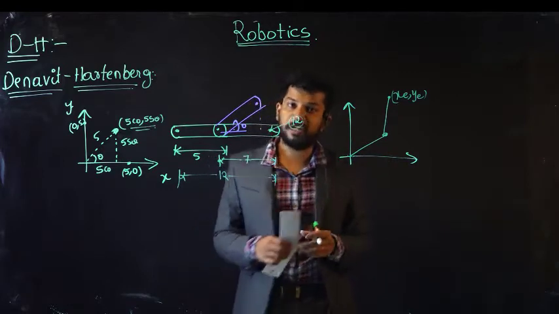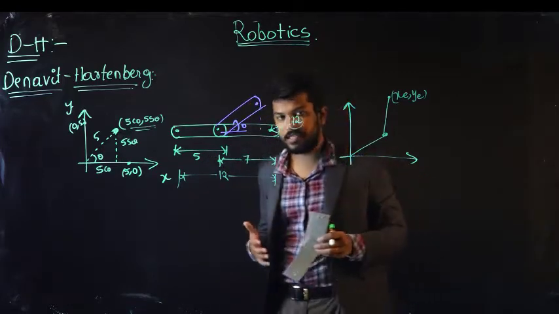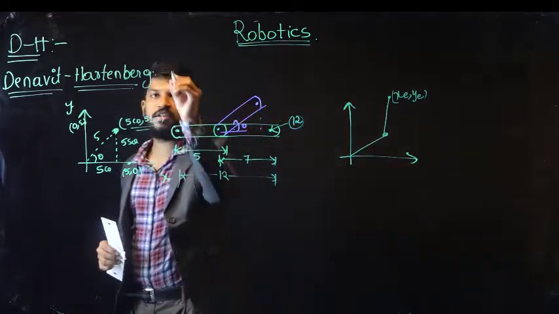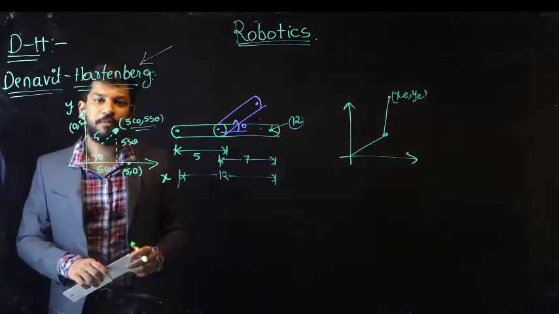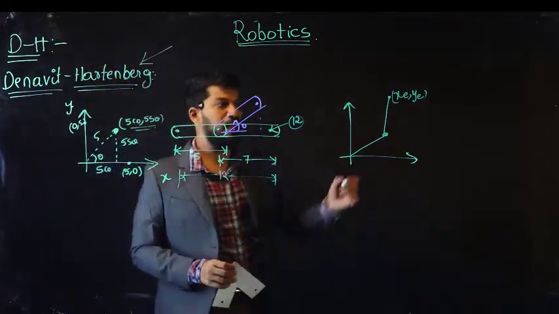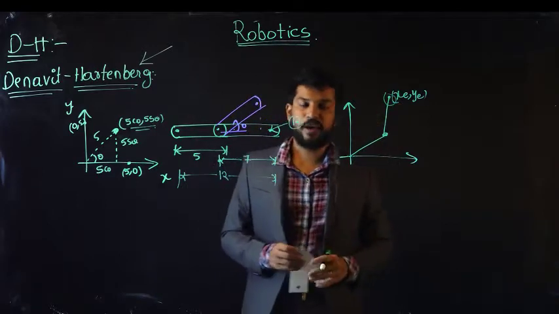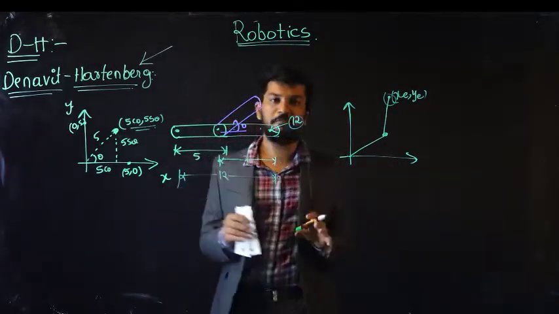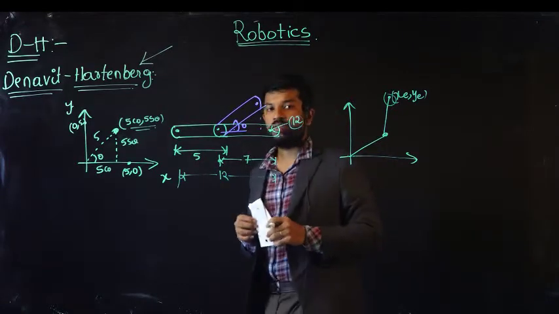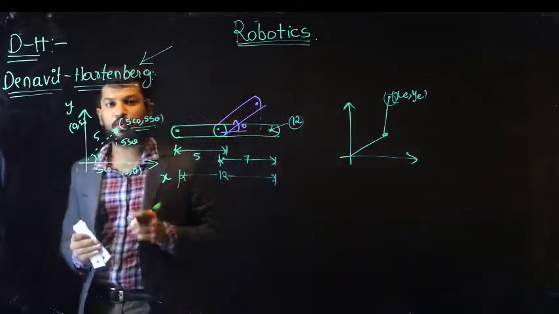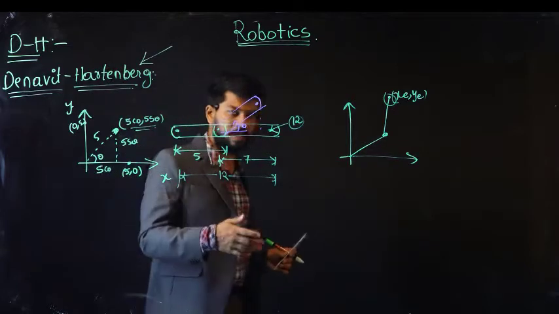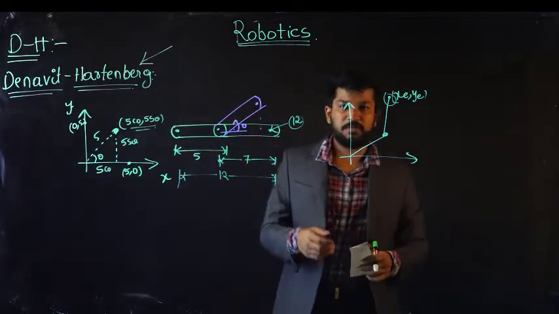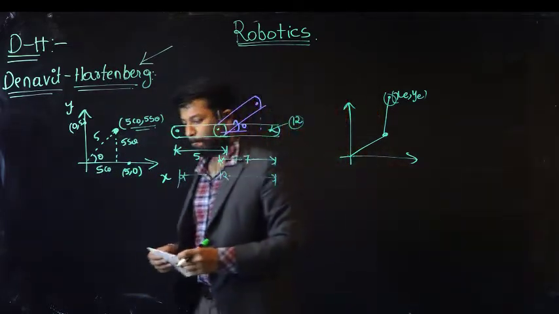It will be getting really tough when we have a larger number of links. For that we will be utilizing this approach, nothing but the Denavit-Hartenberg approach, for calculating the position of the end effector, where we are supposed to place it. For that we will be using certain mathematical and matrix operations. Those are quite simple if we understand the basic relationship between two links, which I will be explaining in the coming session.